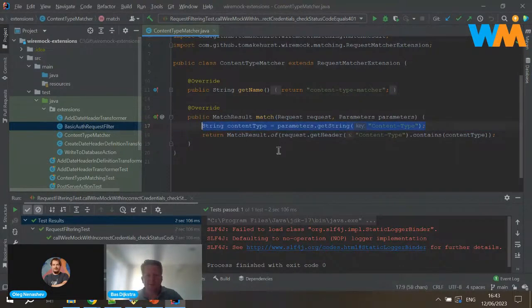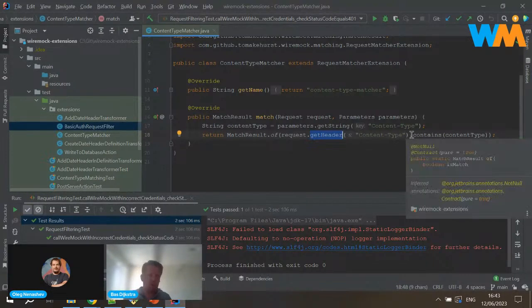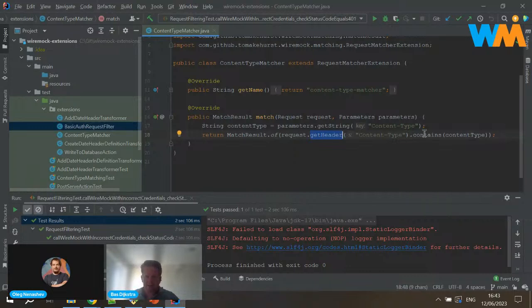This reads the value of the content type parameter from the parameters that you pass into this matcher, and it returns whether or not the actual content type header of the request contains it. It could also be is equal to, or not equal to, or whatever. That's all logic that's supported.